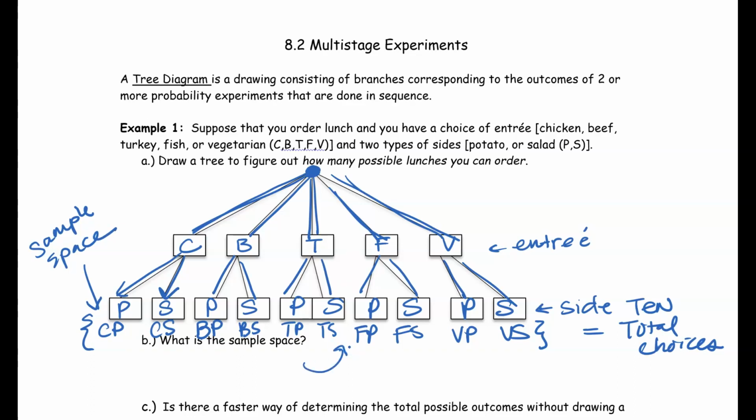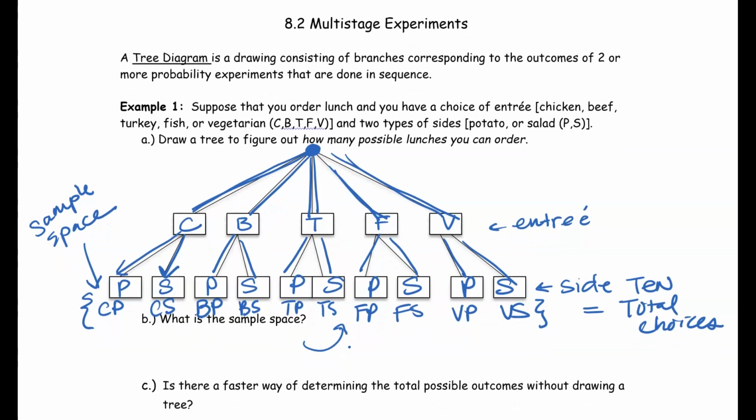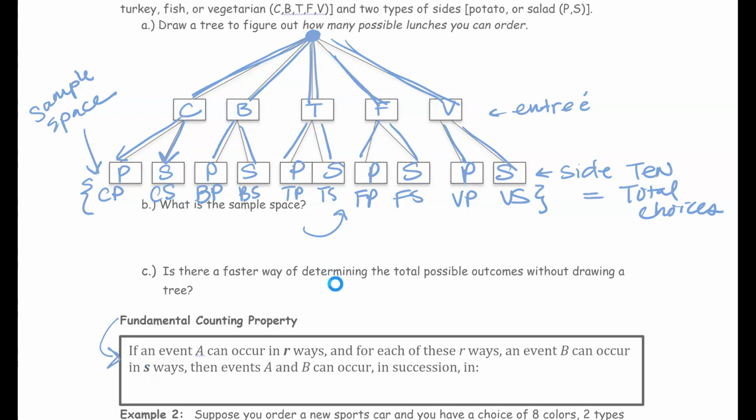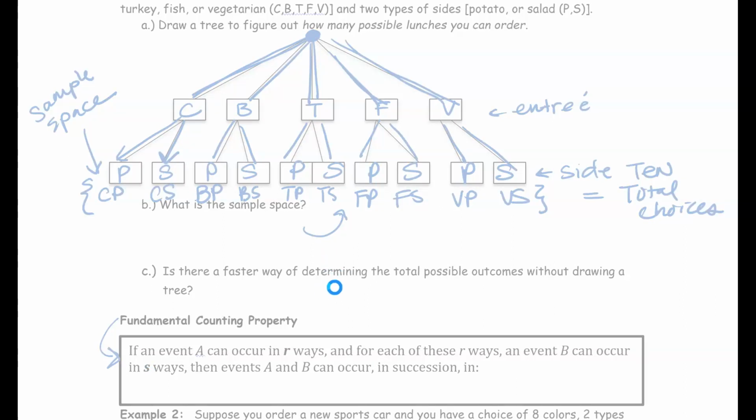Is there a faster way of determining the total possible outcomes without drawing a tree? The answer is yes. We can use what's called the fundamental counting property, and the math-speak explanation is in the box, but I'm going to explain it in terms of this problem. If you know that there's an event and there are multiple stages to the event, you can take the number of times each stage can occur and just multiply those together to find the total number of possible outcomes. So for example, in this scenario, we have entree as our first stage in our